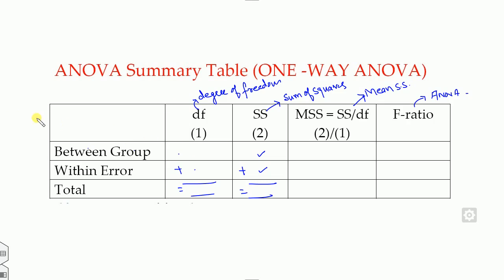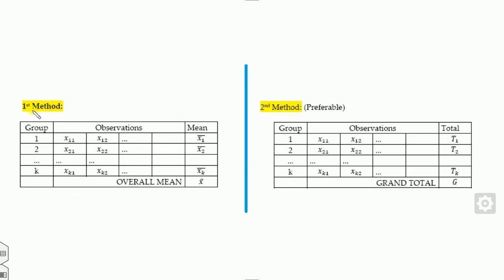So how do you construct this table? We discussed two approaches in the last video. The first method is, once the information is given to you, you calculate the mean of the first row, and you will get x1 bar. You can calculate the mean of the second row, called x2 bar, and so on. And this x bar is the mean of the overall elements. This is my first method, and I suggest you apply the second method, which is preferable, as it takes less computational time.